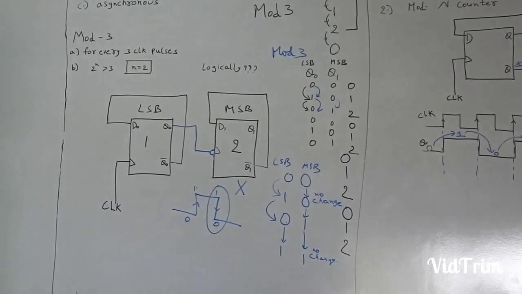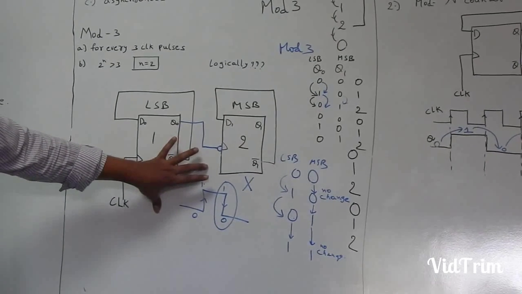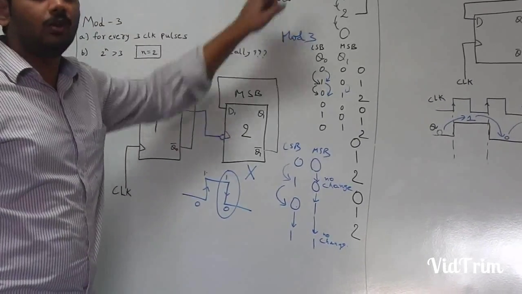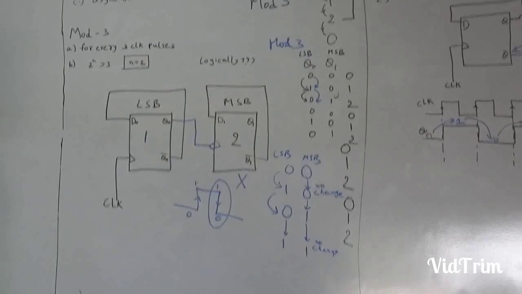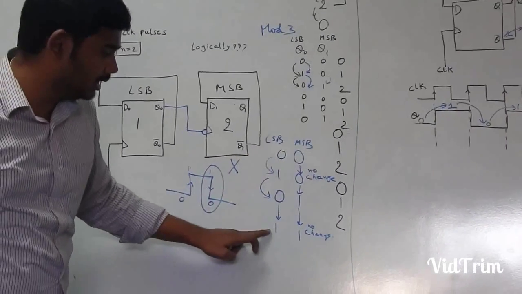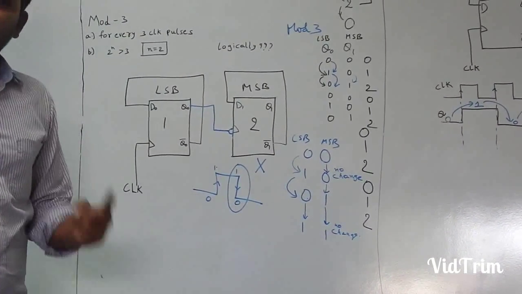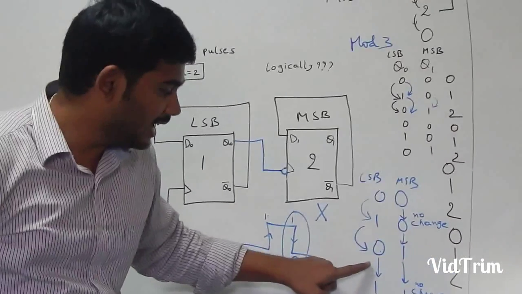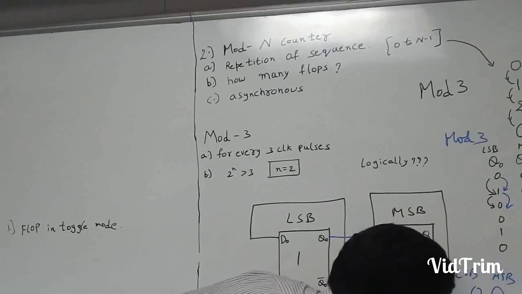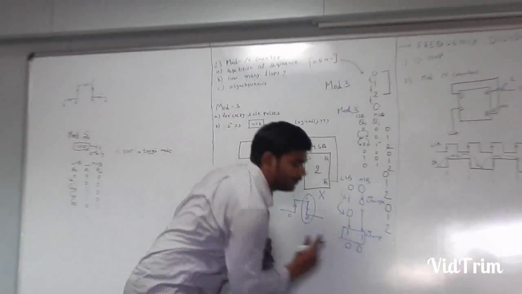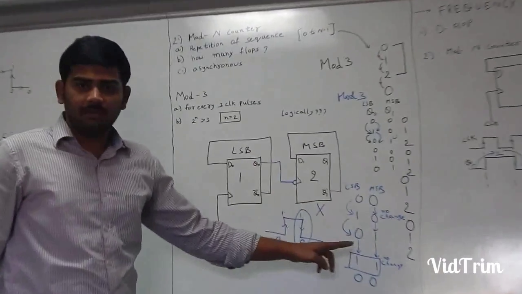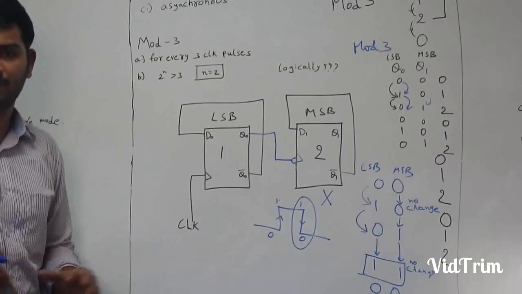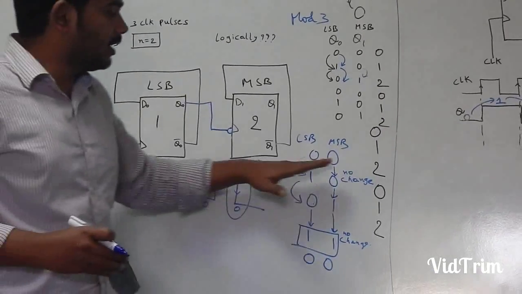Now, our requirement is that this mod counter should count from 0 to 2 only, 0 to n minus 1, like we discussed. But to our surprise, it is counting from 0 to 3 and continuing. We need to do something such that it counts from 0 to 2, and again our requirement is to get 0 0. So we should somehow make the flip-flops clear, in the sense that they start again from 0 0.